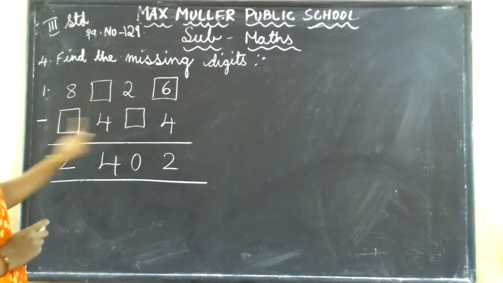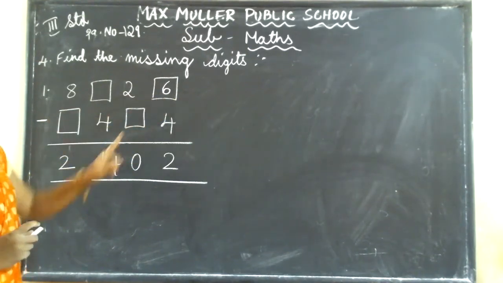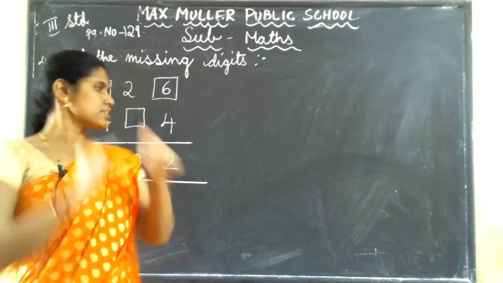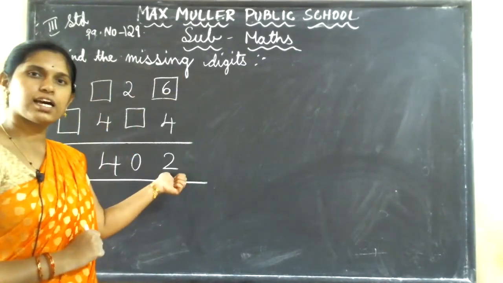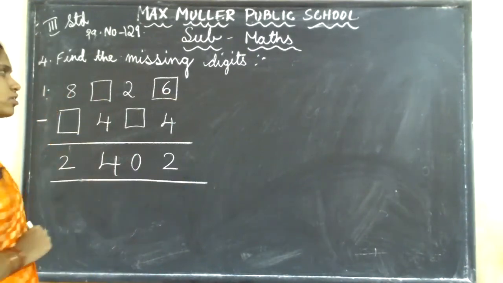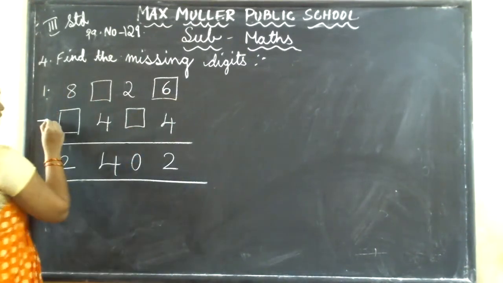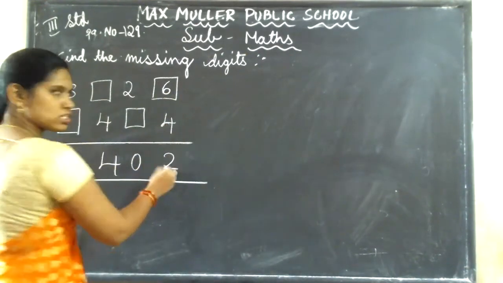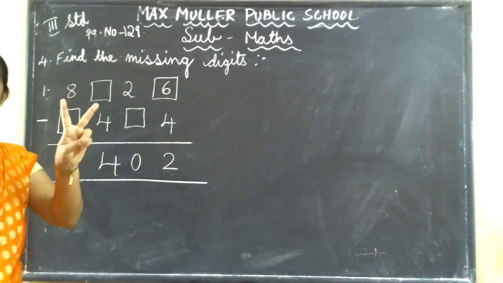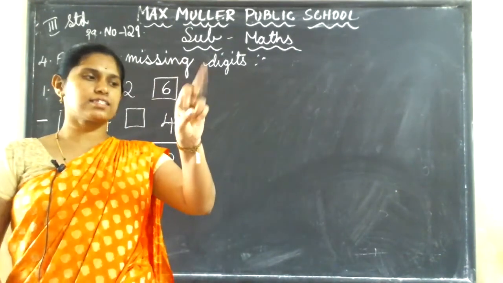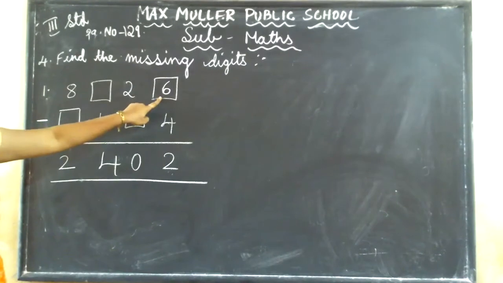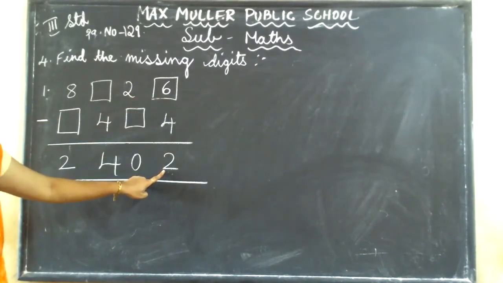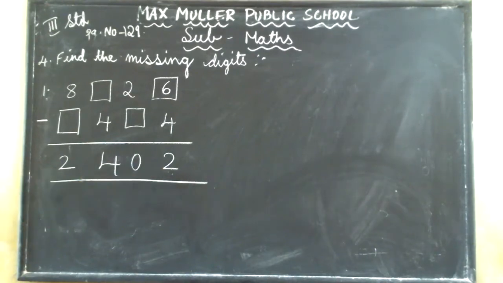After writing, you have to check whether the answer is correct or not. From 6, if you minus 4, how much will you get? 2 is the answer. We have got the answer correct. Understood? Even if it is subtraction, we are adding this 2. 4 plus 2 is how much? 4 in your mind, 2 on your finger. After 4, 5, 6. So 6 we are writing. From 6, if you minus 4, you will get answer 2. Understood all of you? Next one you see.